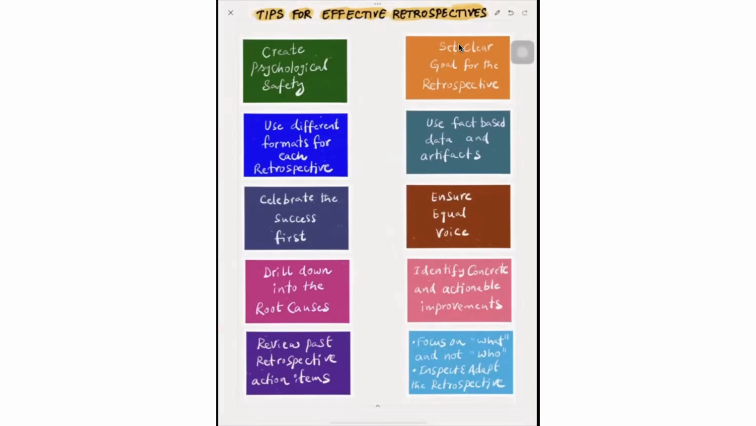And also inspect and adapt the retrospective. So finally, at the end of the retrospective, just keep 2 minutes to discuss by taking a vote from 1 to 5. How did you feel about the retrospective? 1 means very, very less effective, less engaging, not interactive, less useful. And 5 means highly effective, highly interactive, engaging, and the team was able to identify